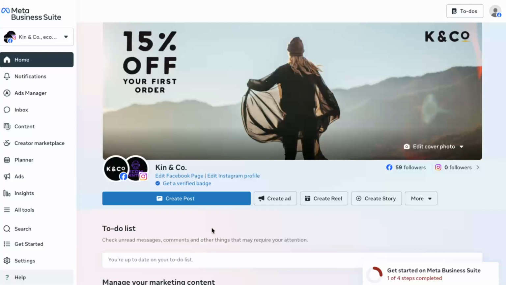Inside Meta Business Suite, you cannot change the thumbnail or any media-related setting on a reel that's already been uploaded and published. If your reel is live and you don't like the thumbnail, the only current workaround is to delete that reel and then upload it again with the correct thumbnail from the start. So as we go through this process, think of it as how to set the right thumbnail while you're creating